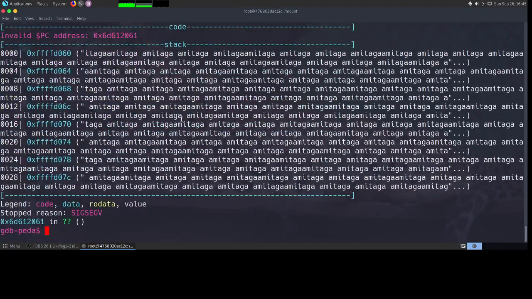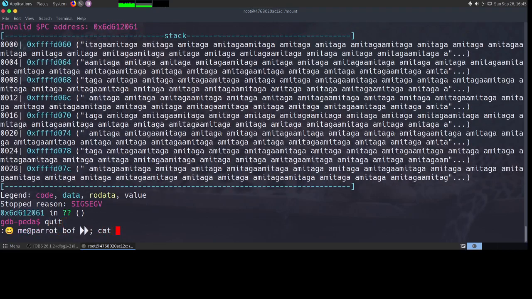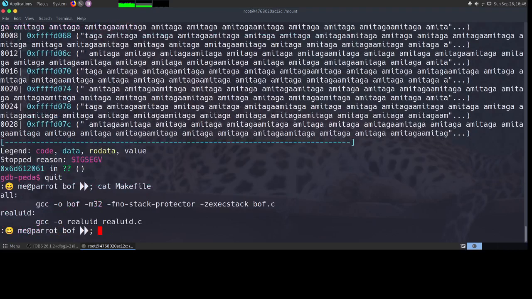Now the first criteria for doing that is ensuring that we do not have the stack protection in place. And how do we do that? This is where the makefile comes into picture. So I have created a makefile for this. If you do a make all in the container that I mentioned earlier, if you are on Kali, it should probably work without any issues if you install GCC multilib, but on Parrot it doesn't work.